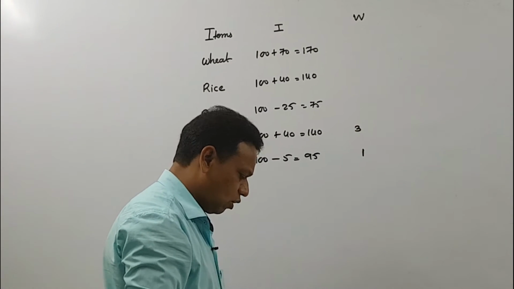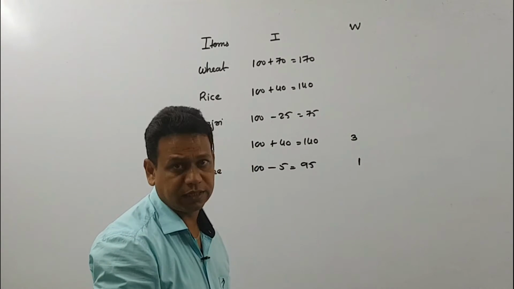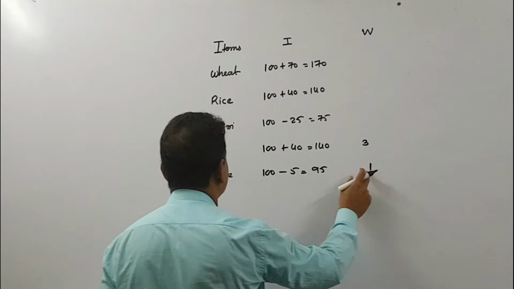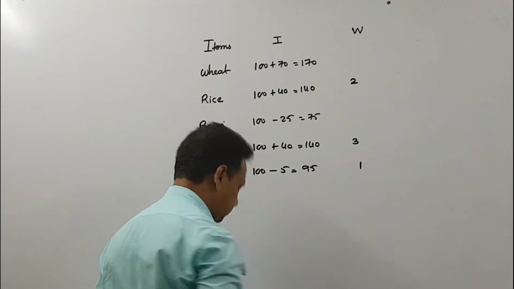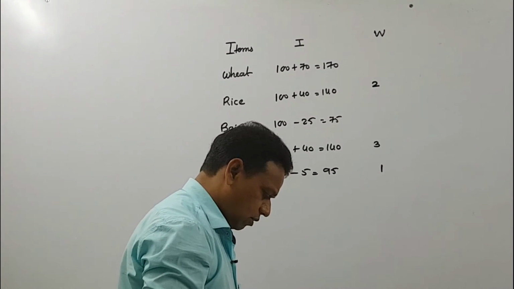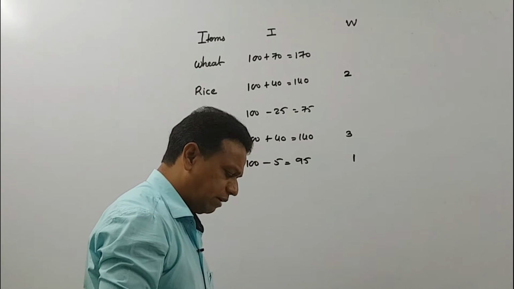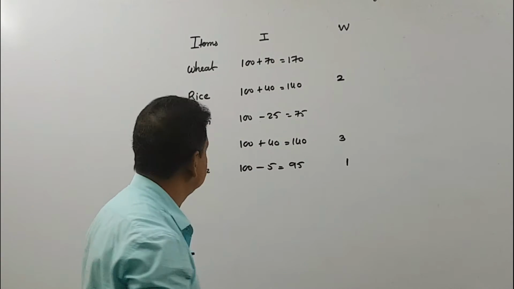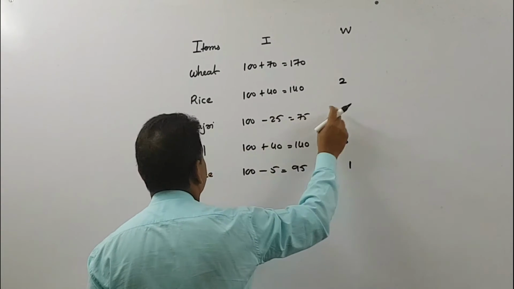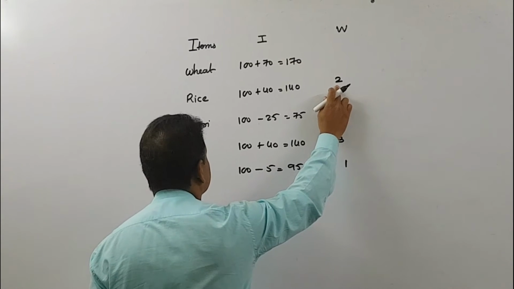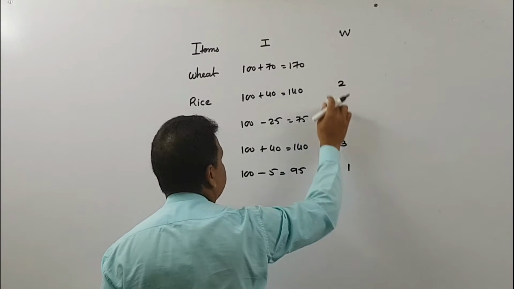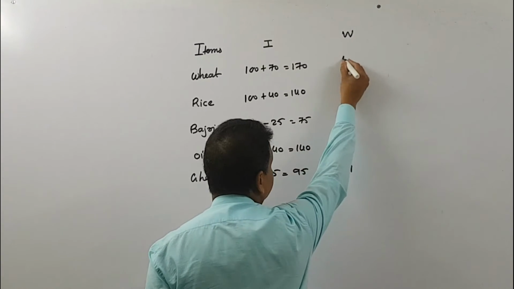Then rice is double that of ghee. So multiplied by 2, the rice is 2. Then the importance of each of wheat and bajri is double that of rice. The importance of rice is 2 and the importance of wheat and bajri is double. So 2 2s are 4.